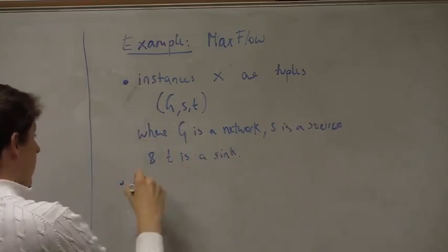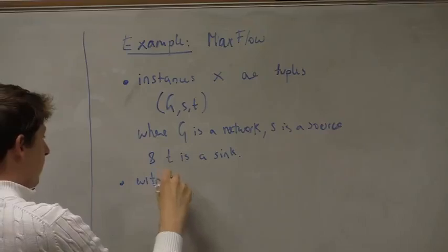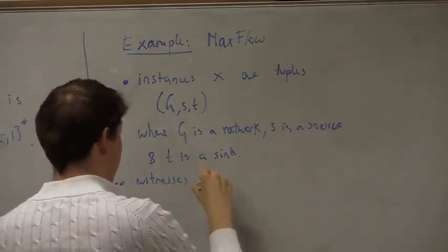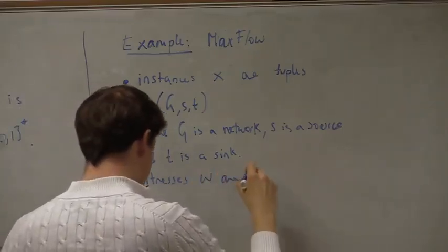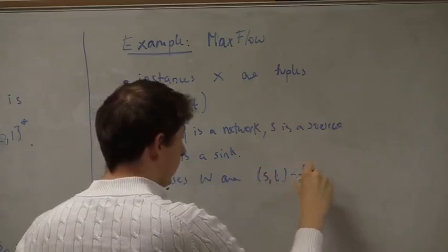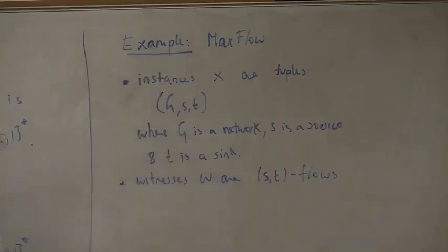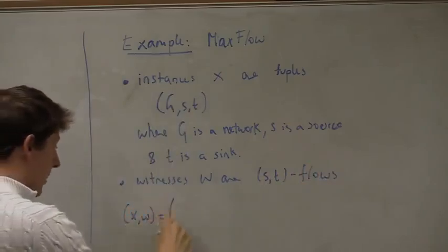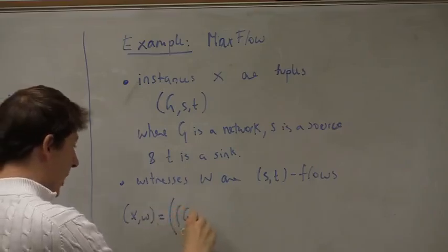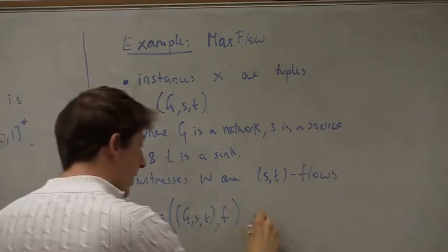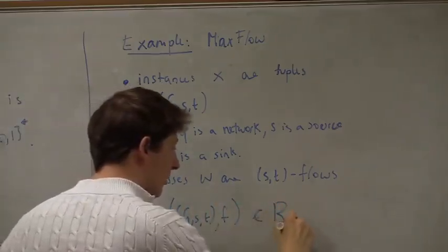Witnesses W are a kind of ST flows. And a particular x comma w, which is a (G, S, T) comma F, is in the relation max flow